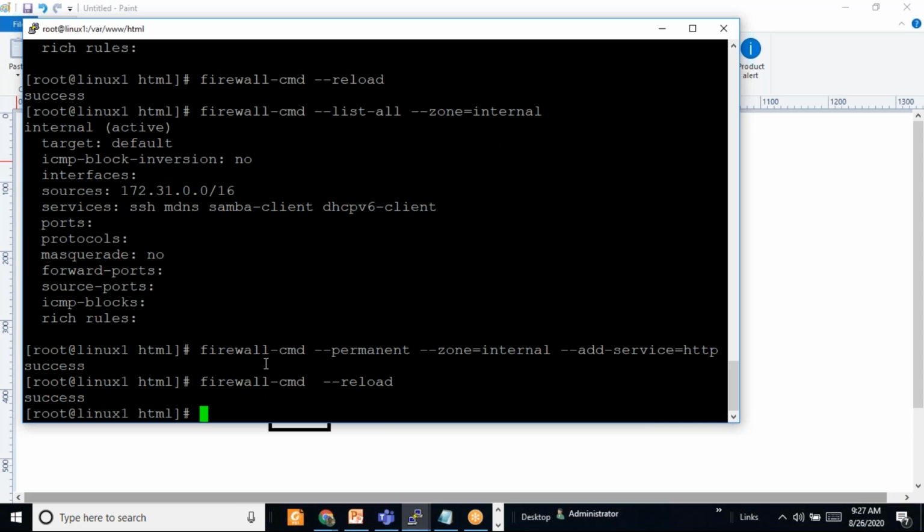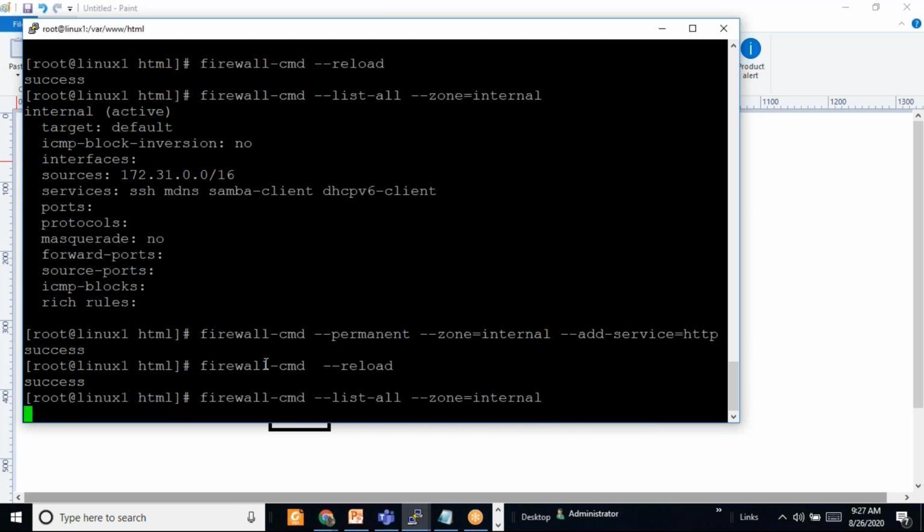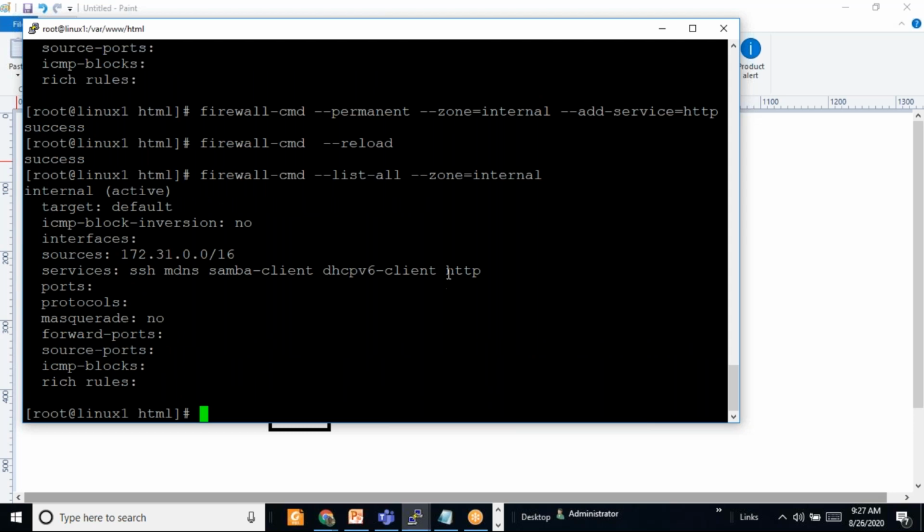Now we have to check the list command. We can see that http is added here. So whenever traffic comes from this network, this zone will be active and these rules will apply.